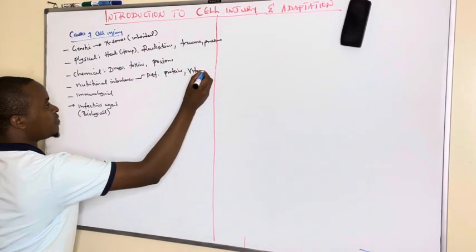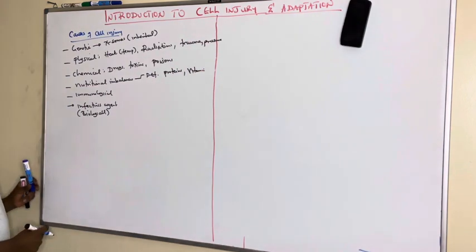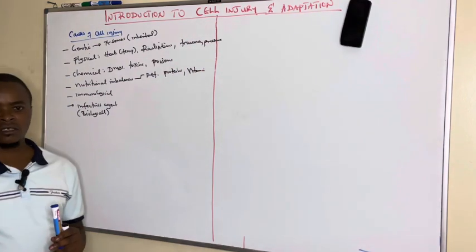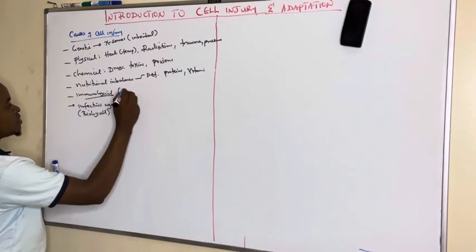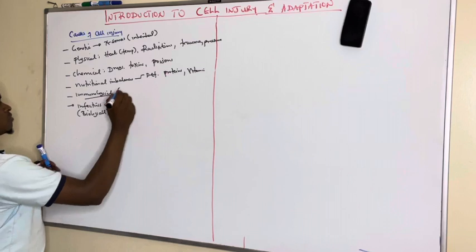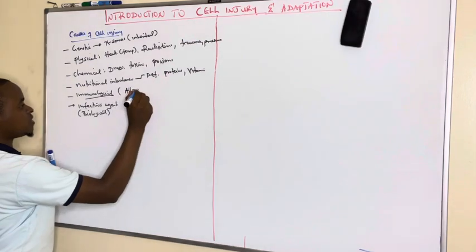So in the case they are deficient, they can also bring in cell injury. Then immunological causes, this is as a result of exaggerated or what we call allergic reaction or hypersensitivity